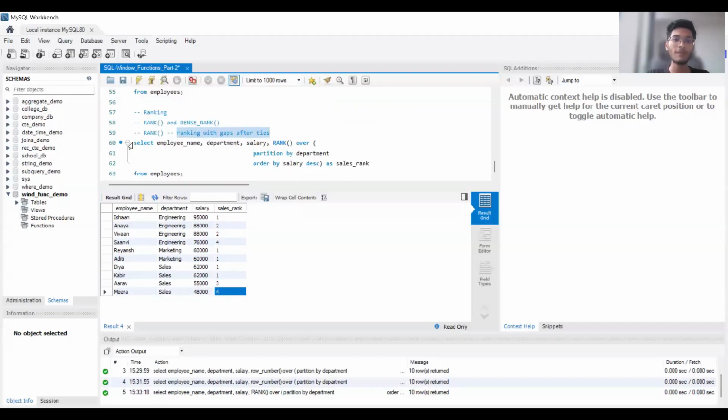Now in the same example, if I use the next function, that is the dense rank function. Taking the same example, here I am using dense rank. Dense rank function is also a ranking function, but it is ranking without gaps. If it is a tie, it will give the same rank, but it will not keep the gaps. So if I run this particular query,